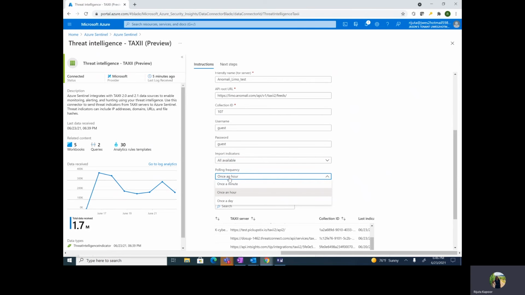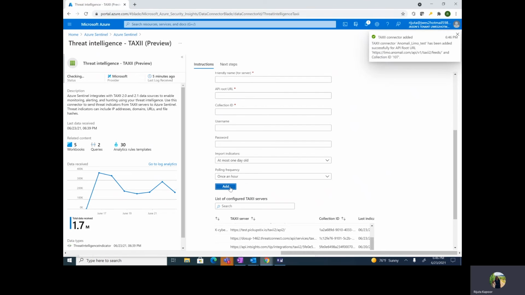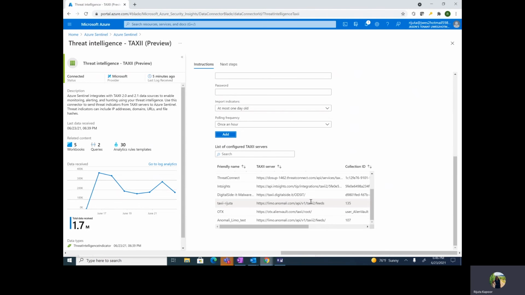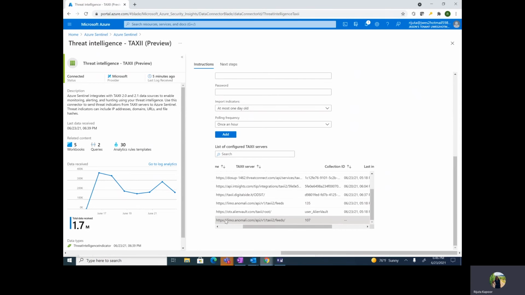Polling frequency is basically how often we should connect to the TAXII server. I'm just going to say once an hour. This is mostly used for connections which require a call quota. For example, some of these TAXII servers have a call quota of 30 calls per month. If you end up choosing once an hour, you will probably max out your quota within a day and a half. So what I did was I pressed the add button,